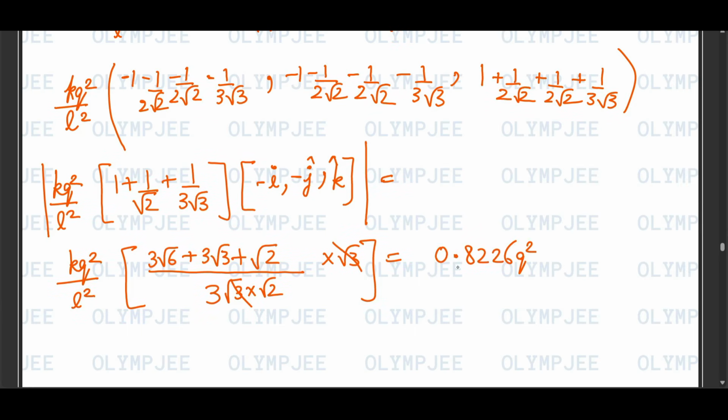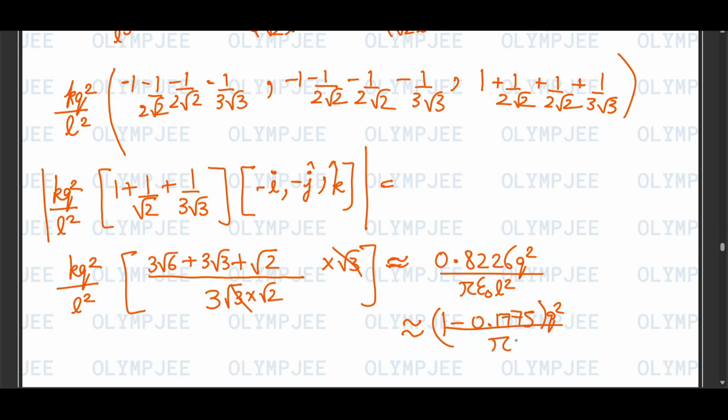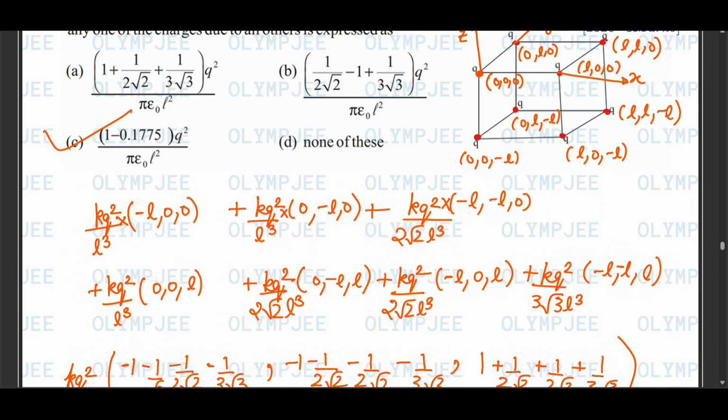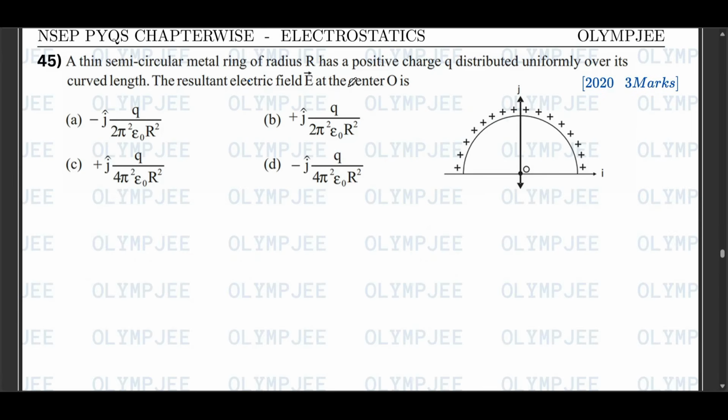0.8226 q square by pi epsilon naught L square, which is approximately equal to 1 minus of 0.1775 q square by pi epsilon naught L square. So this is option C. So C is correct. Now question 45 says a thin semicircular metal ring of radius r has a positive charge